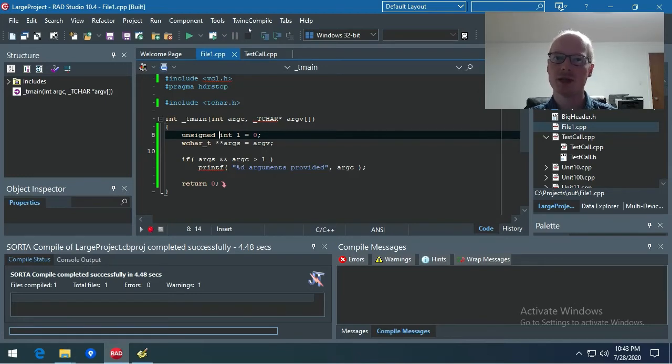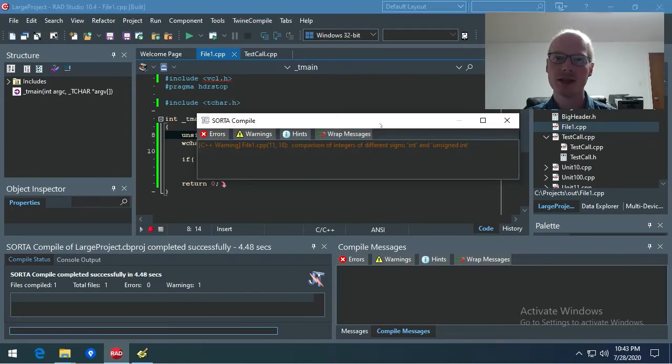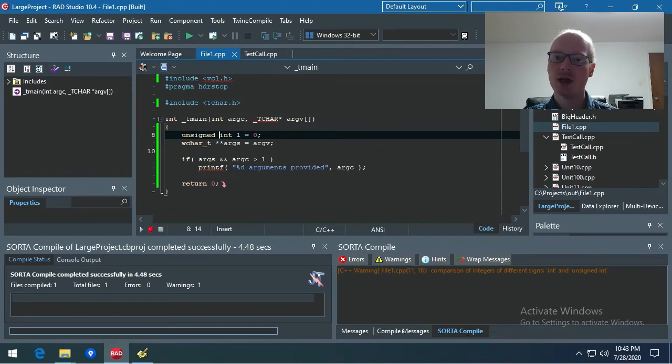Instead, the warning has been isolated into a separate window called the SORTA message pane. Let me bring that up. It's an identical window to the compile messages window, but is dedicated to showing the messages specifically for SORTA compile. Obviously, this is a dockable window. I can take it and I can drop it into the same area that I have my other tabs, and then I can flip between regular compile messages or the SORTA compile messages. And of course, if I were to see that, I can make immediate changes to my code without having to wait for a make or build to see those errors and warnings, and I can just fix them in real time. So I see the warning came up, I change the code, I save the file,